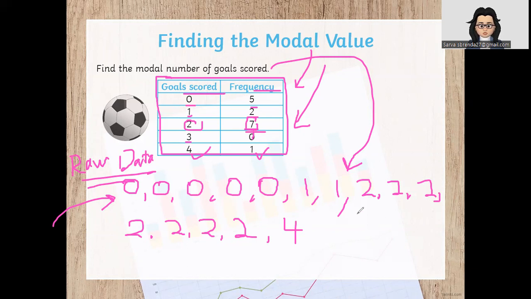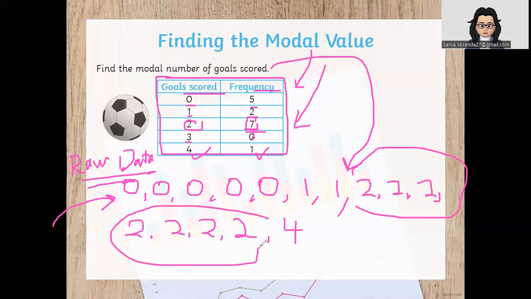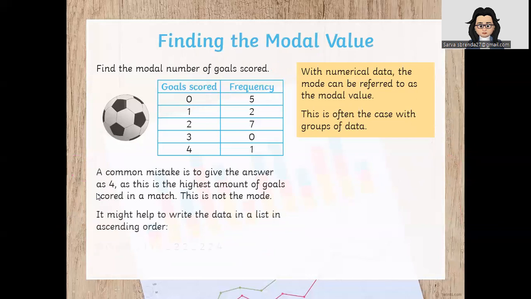Now, obviously, you can see from here, 2 is the mode because it repeats itself the most. And if you look at the frequency table, it's just very easy to identify. Look at the number with the highest frequency, refer to the data. Okay? So now, with that,